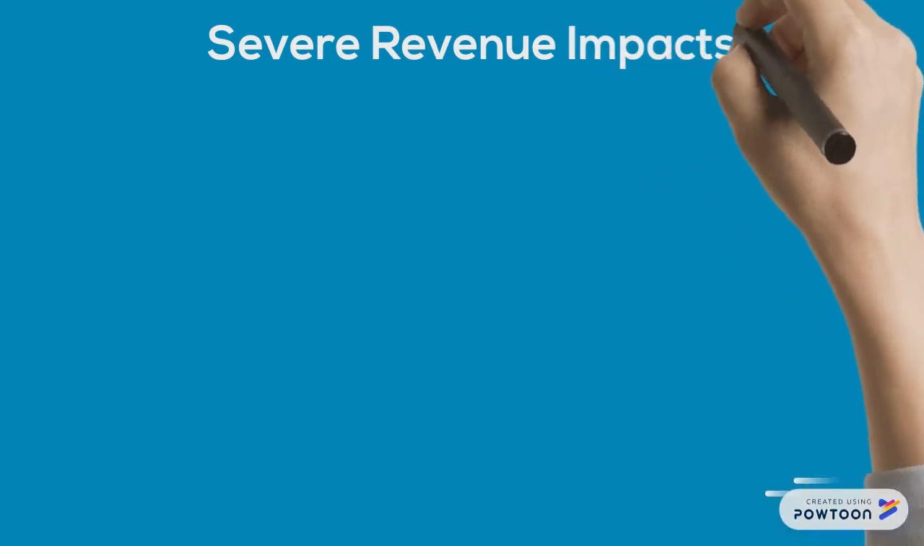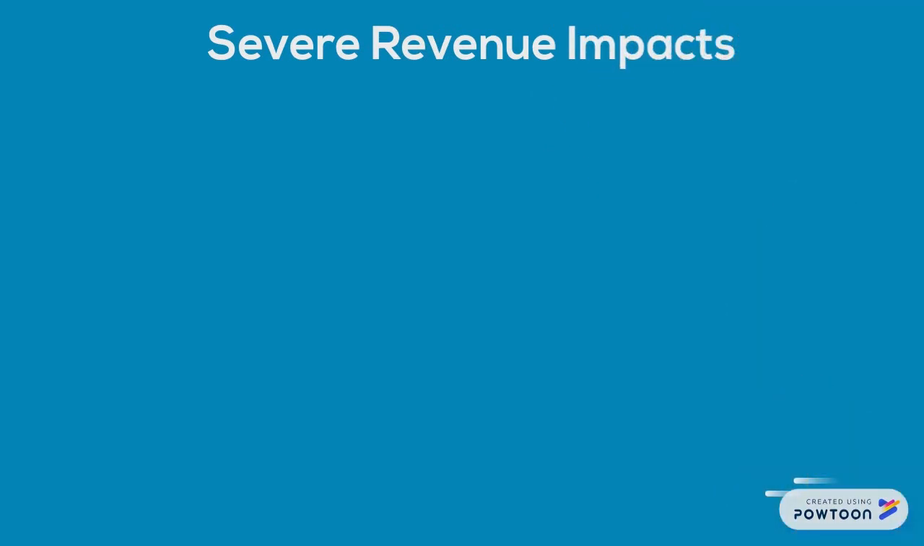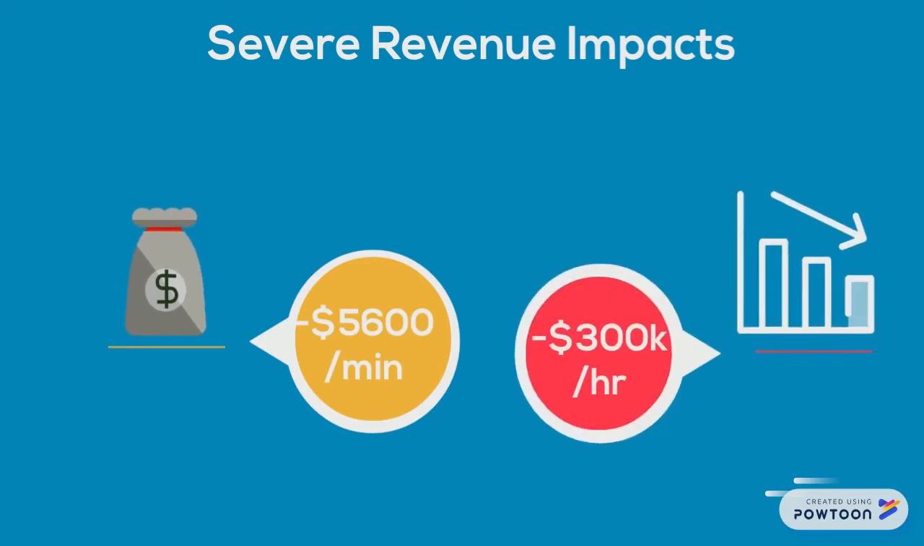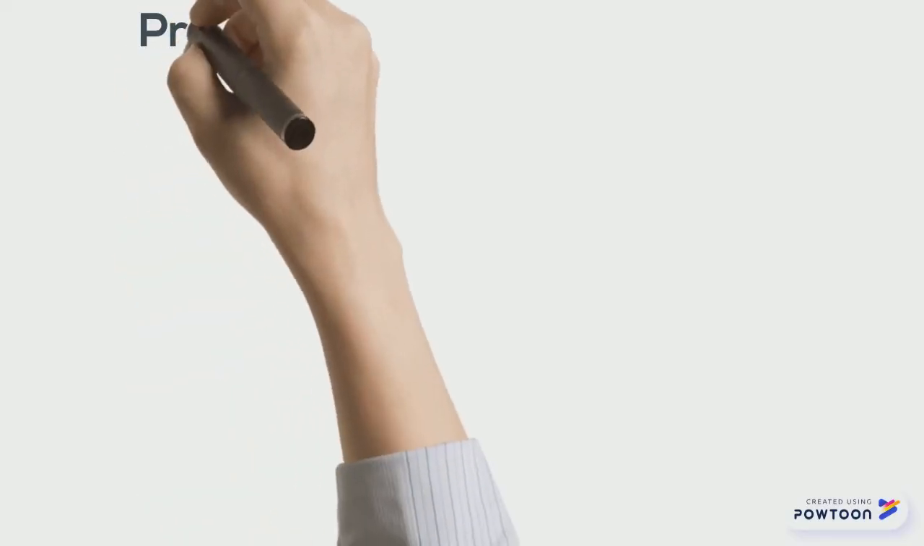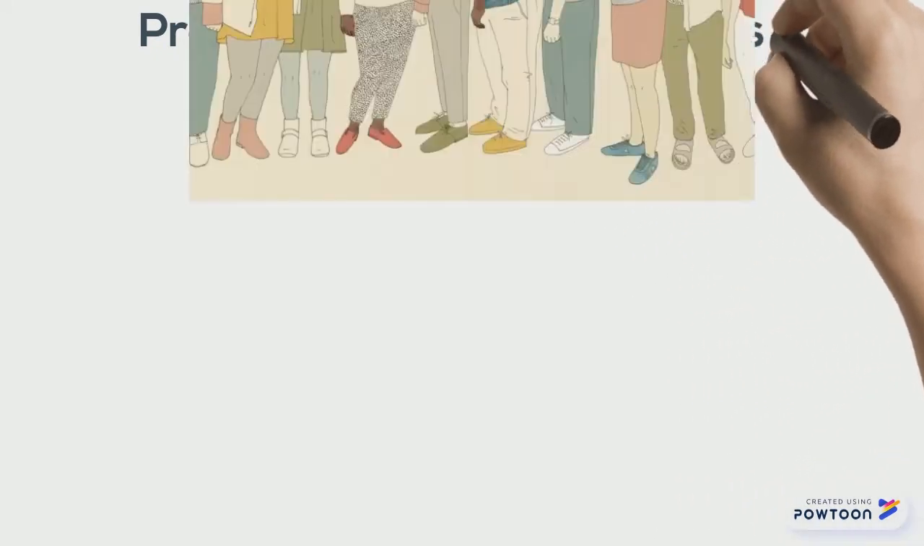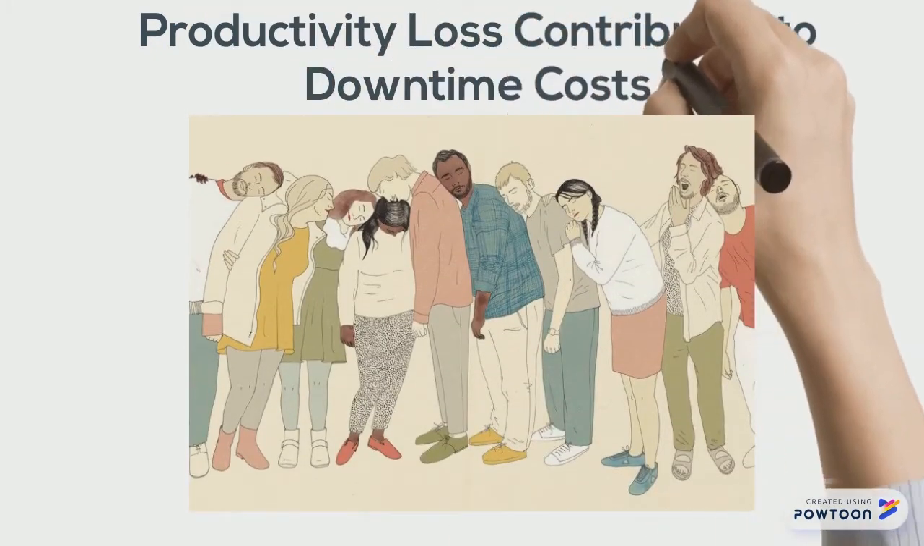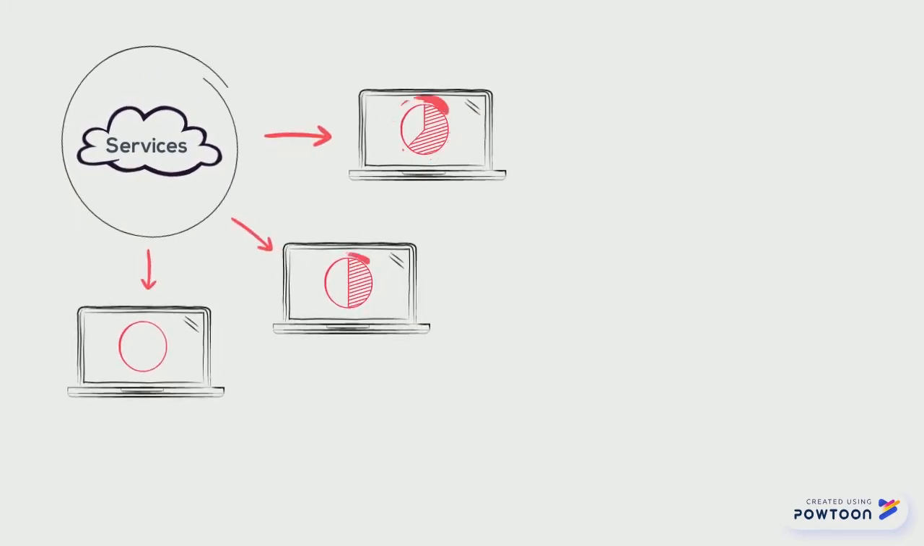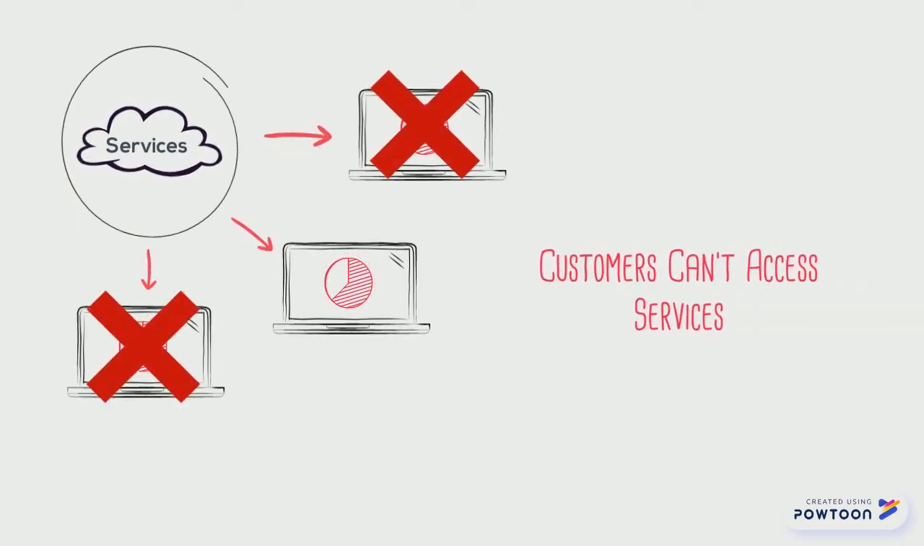DDoS attacks can severely impact a company's revenue, as industry surveys show that the average cost of downtime is $5,600 a minute, or over $300,000 an hour. Not only that, but companies frequently experience large amounts of productivity loss during these attacks, which contribute to the cost of downtime. Brand reputation is also damaged by an attack, as customers can't access the company's services during this time,